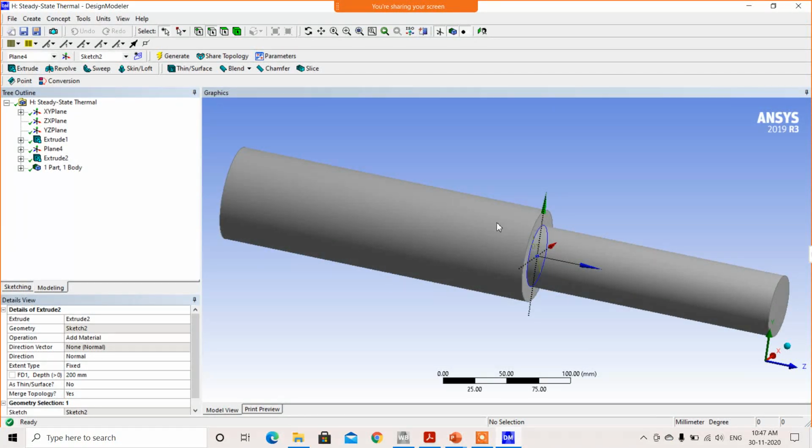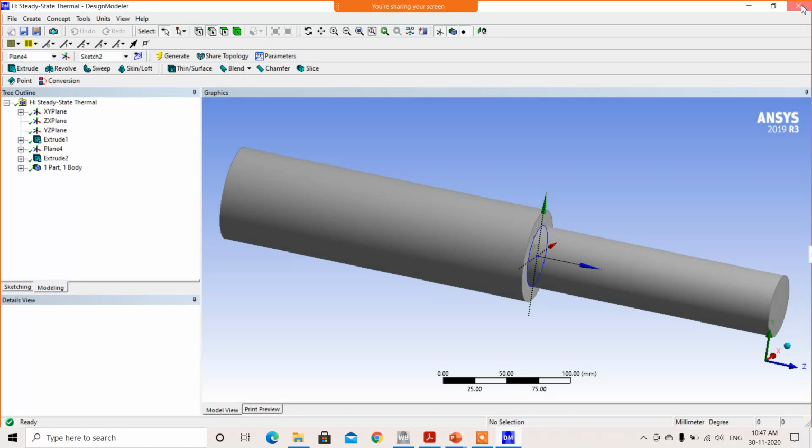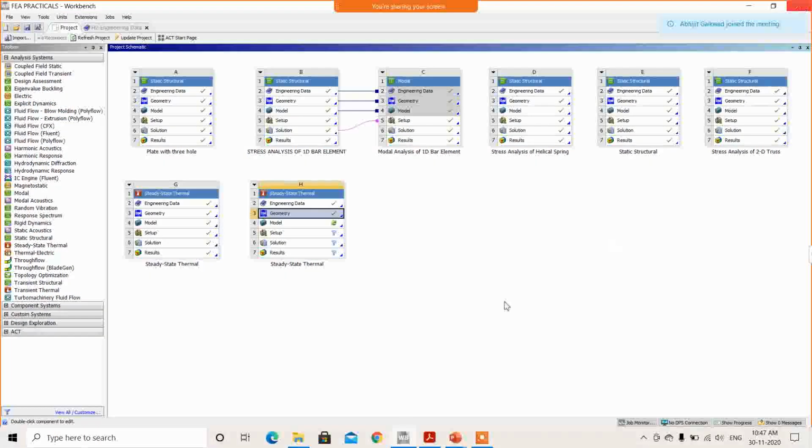So, we have made the geometry in the DesignModeler, then we can close that window now. Then go to the model, right click on the model and click on edit. In the thermal analysis, there is no need to provide a boundary condition as displacement. There is only a need to provide a boundary condition as temperature, as we have already discussed in the numerical.